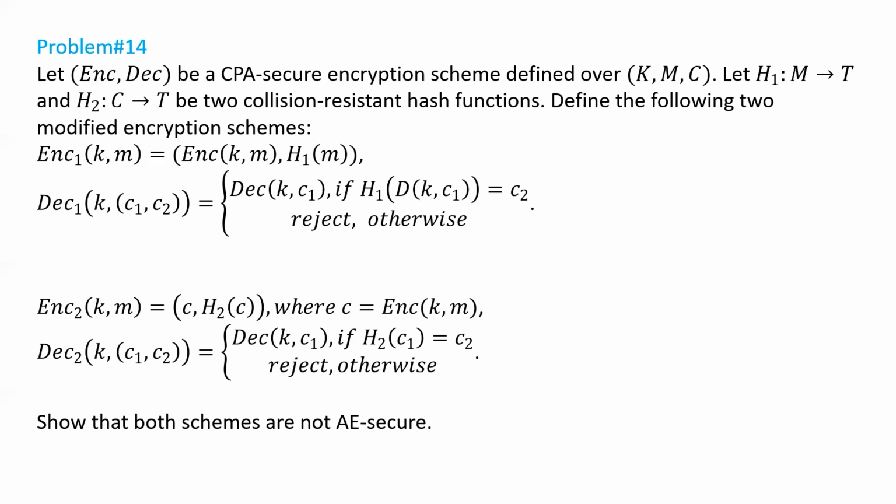Okay, if that tag verification matches, then you output the plaintext, which is decryption of k comma c1, otherwise reject. Now, whether this is AE secure or not, the question says to show that both schemes are not AE